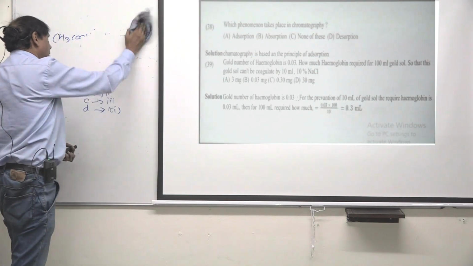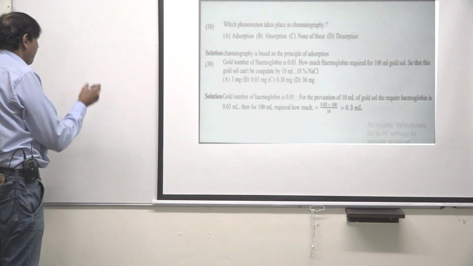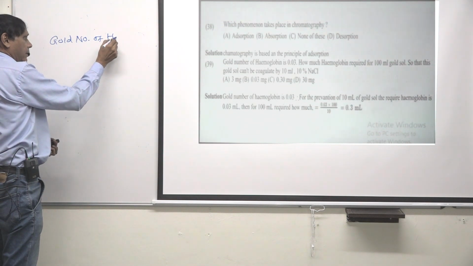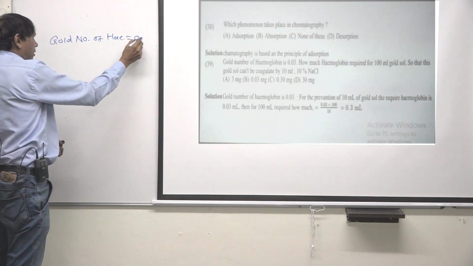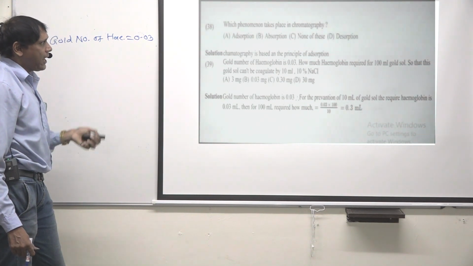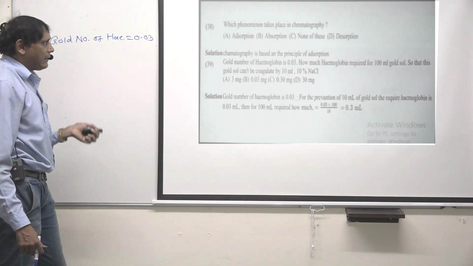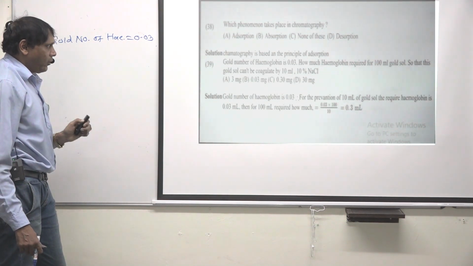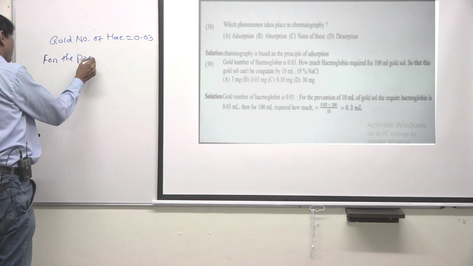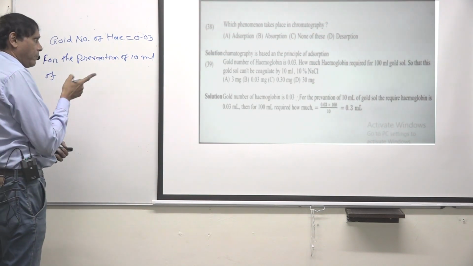Okay, this is one more numerical. The gold number of hemoglobin is 0.03. Now the question given: how much hemoglobin is required for 100 ml of gold sol? This gold sol cannot be coagulated by 10 ml of 10% NaCl. So for the prevention of coagulation of 10 ml of the gold sol,